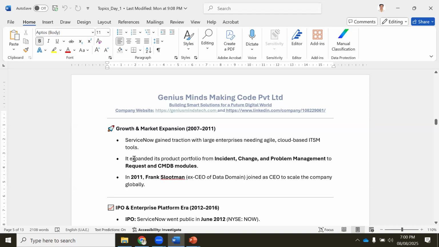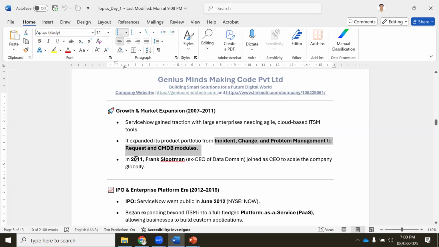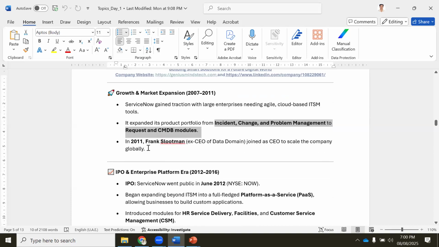So now it has an expanded product portfolio: incident, change, problem, request, and CMDB modules. Earlier, it was a very simple tool, but later they brought in all these modules, correct? Then in 2011, Frank, the CEO, joined and scaled the company globally.